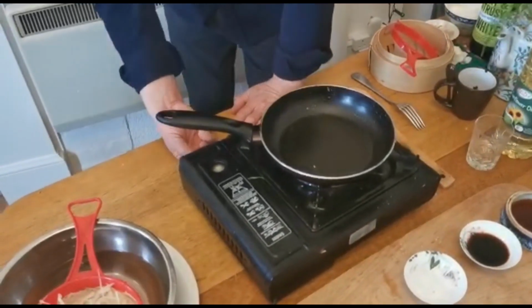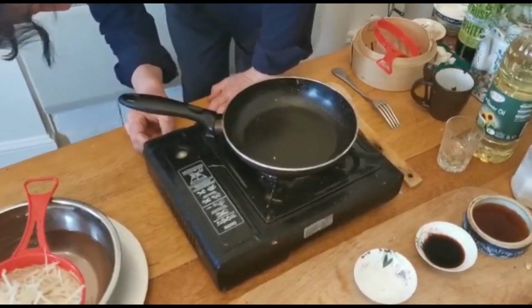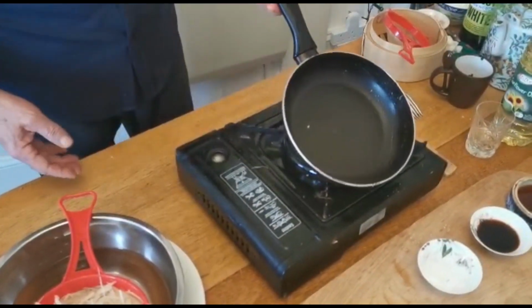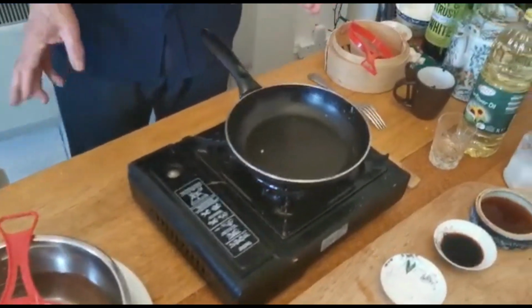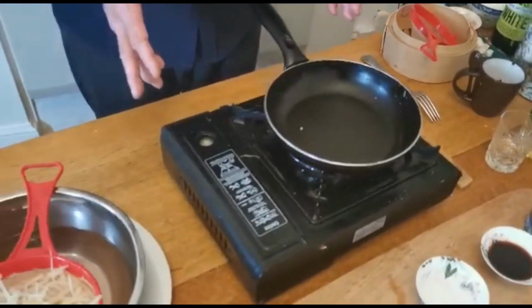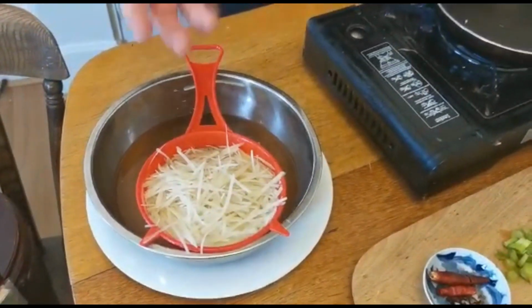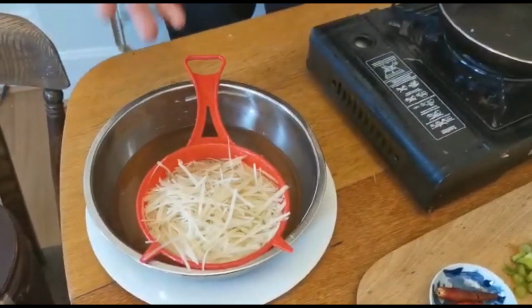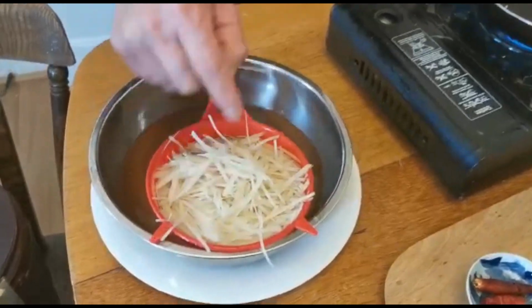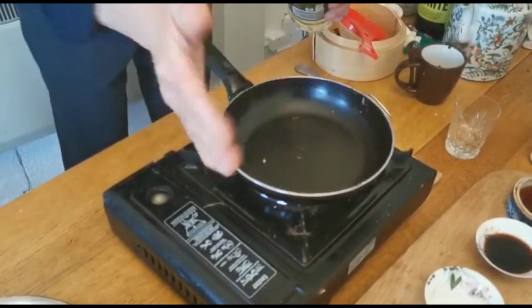I turn my little stove on, so you have at home, hopefully, a gas hob or like a hob. Anything is fine. I have a little traveling stove, which is actually very good. You need to drain your potato, run it through cold water, so it's ready to cook and it's dried. I already did it. So 1 tablespoon of